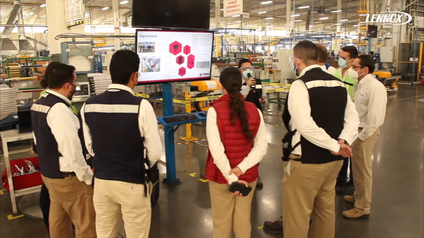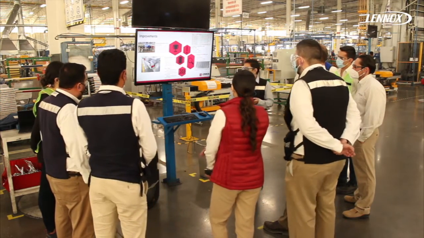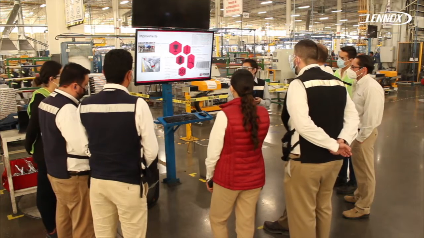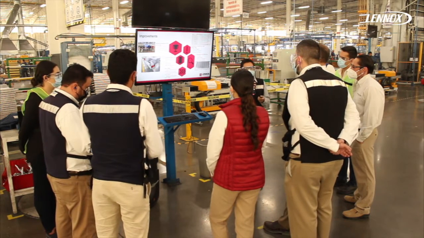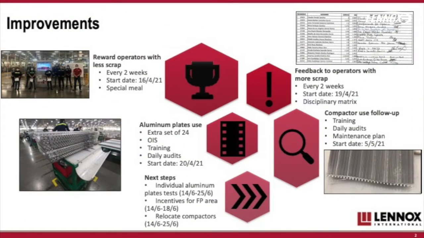First of all, we have the reward to the operators from the area that generate less scrap. This takes place every 2 weeks since the 16th of April. And what we give to the operators is a diploma and a ticket that they can exchange for a special meal at the cafeteria. And in the same way as we reward, we give feedback to operators that generate more